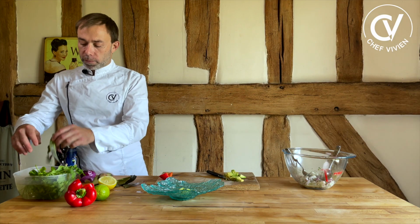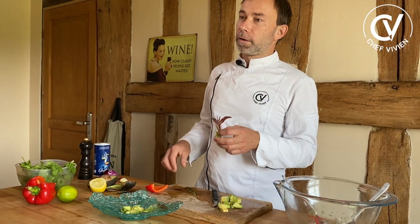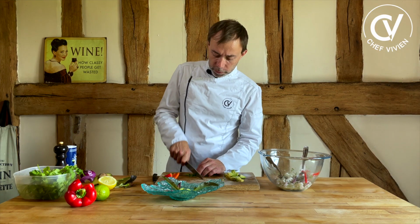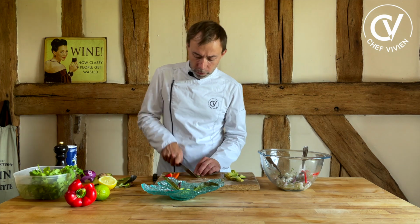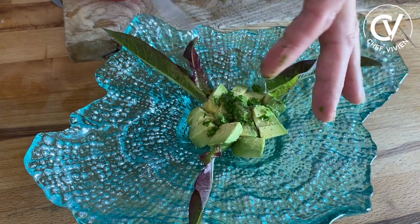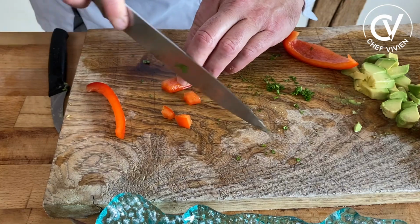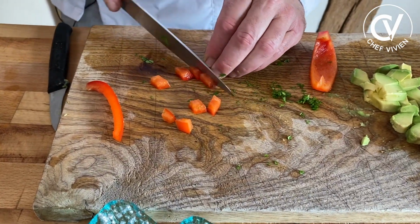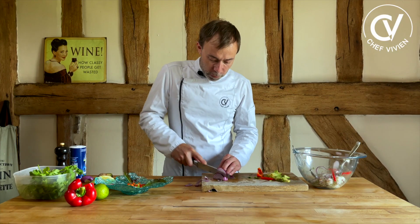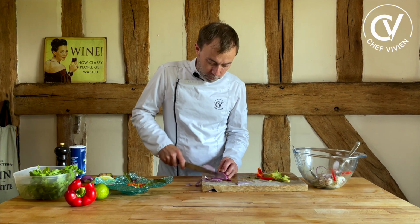Now I take some salad from my garden, special salad. Devil ears from my garden. So I add once again cilantro on the avocado, salt, some little crispy cubes of red bell pepper, some red onion that I will rinse in water